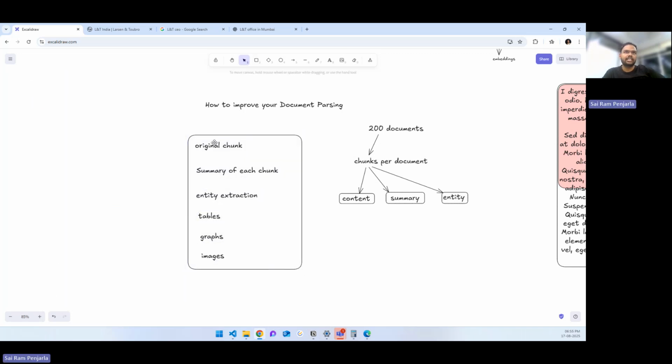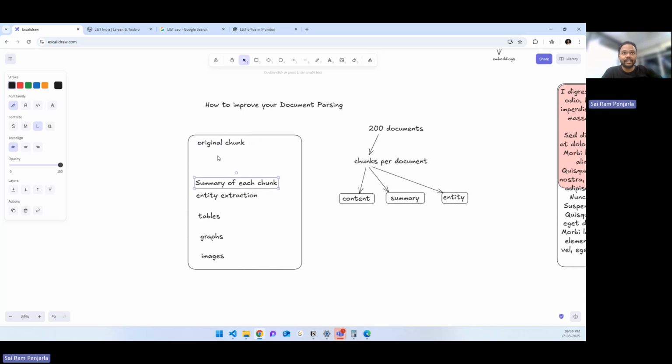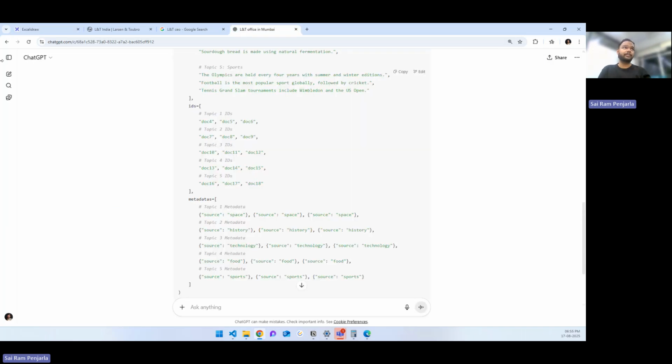Along with all of these, if I take the original chunk, I can also enhance it by doing something called semantic parsing. There are many different libraries trying to achieve this, but if you take a look at Markdown format,